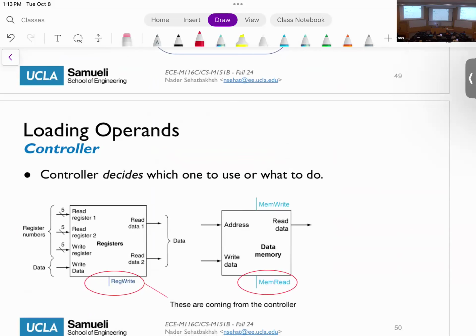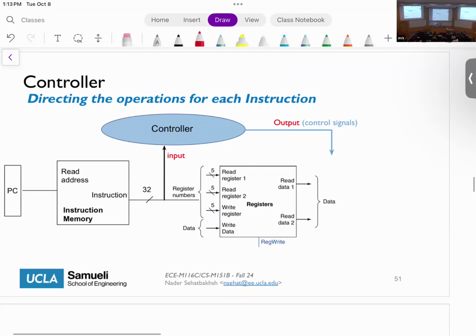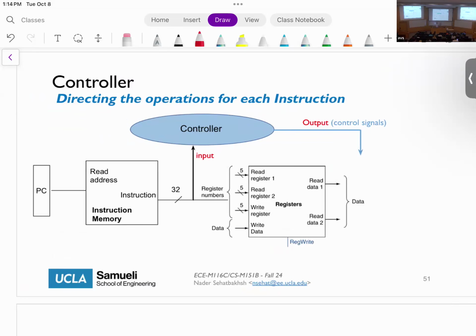As I said, you're going to see these blue lines in many different places in our data path, and this is where the controller comes into play. It controls things. For example, it checks whether we need to read from the memory, write to the memory, write to the registers, and so on and so forth. So how do we actually use the controller? If you remember,